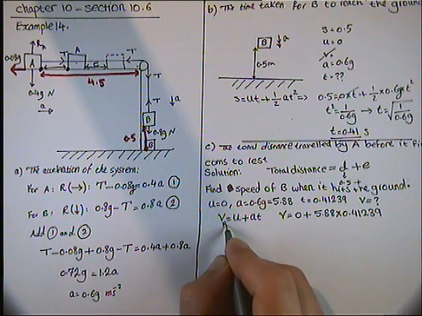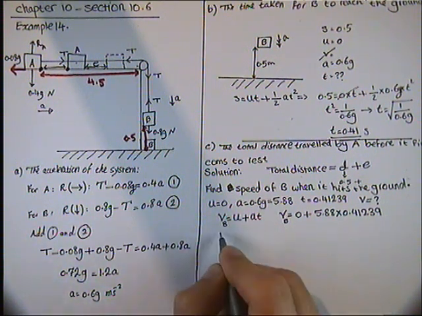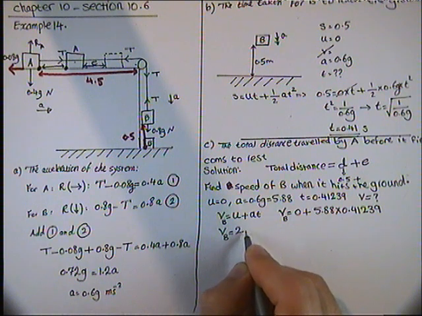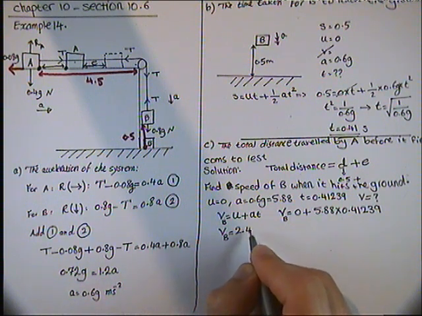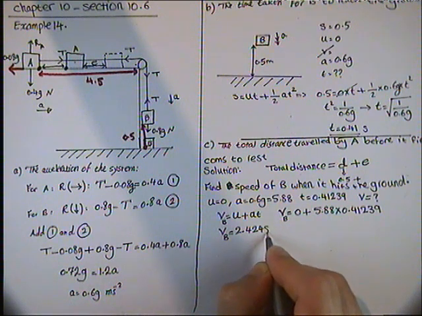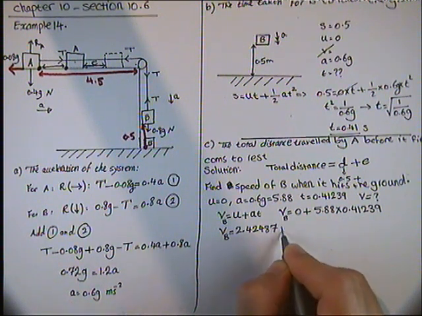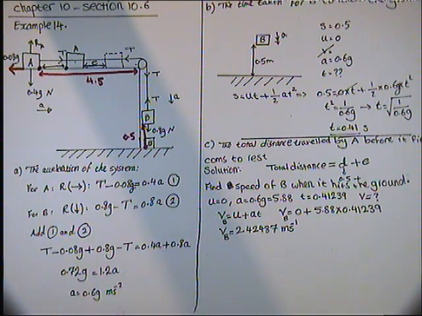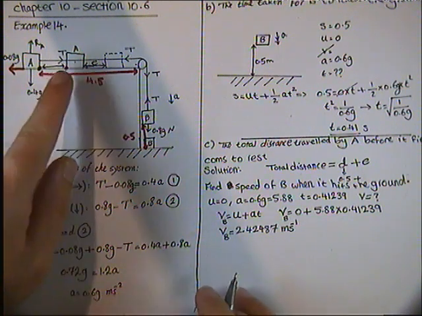So I call it v of b. V of b is equal to 2.42487 meter per second,